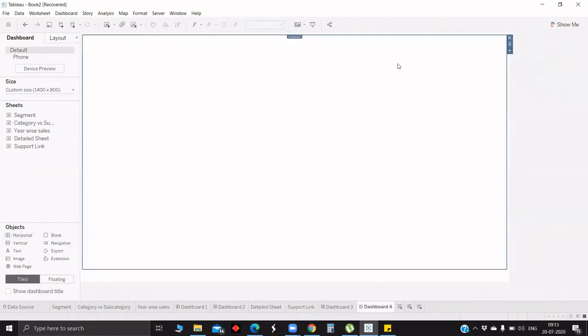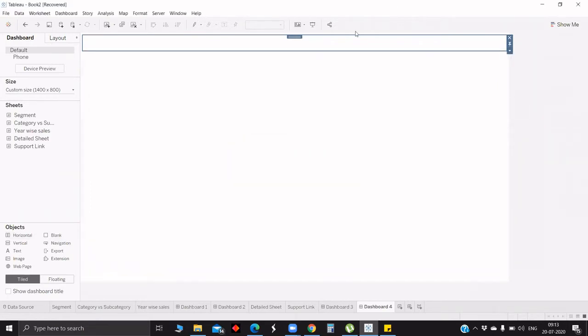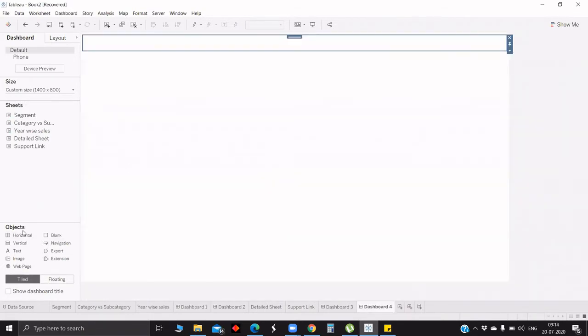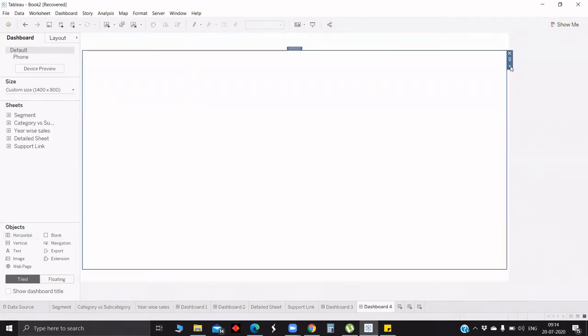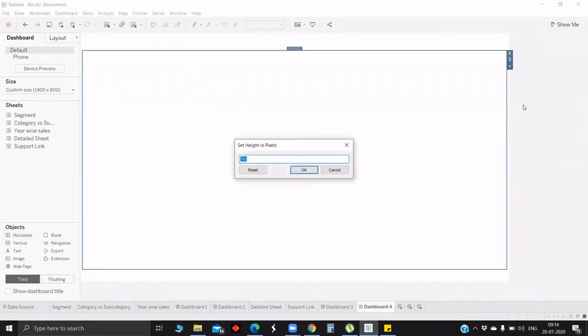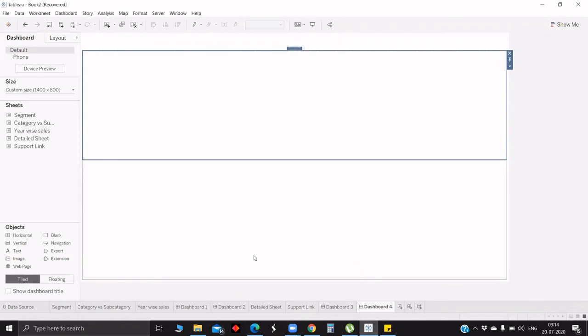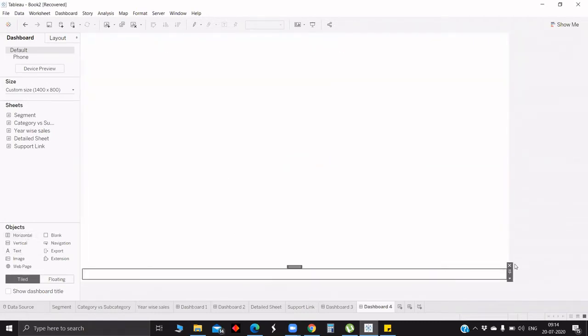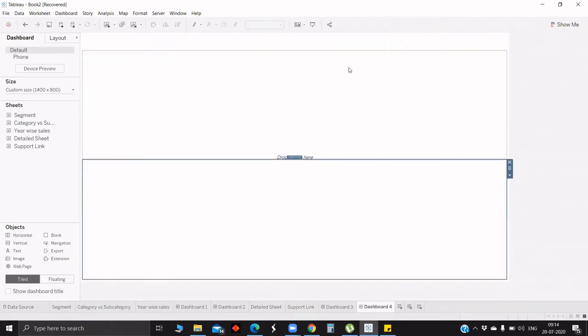So let's drop the horizontal, and we will edit the height, maybe 50, so that we can put the title and all those. Next, again we have seen in this dashboard we have two side by side, so this should be horizontal only so that we can control the width of each visualization. So let's put a horizontal, and we will edit the height. Then again, for the last visualization it doesn't matter since we have only one. Anyway, we will go with the horizontal, maybe if you want to add more visualizations in the upcoming session. So we got the three horizontals inside one vertical.